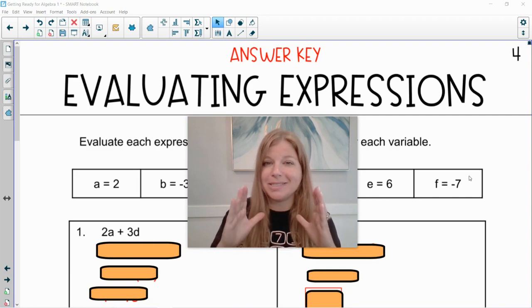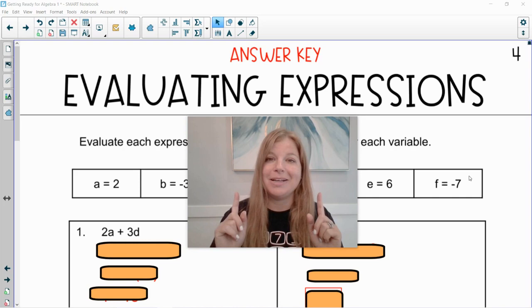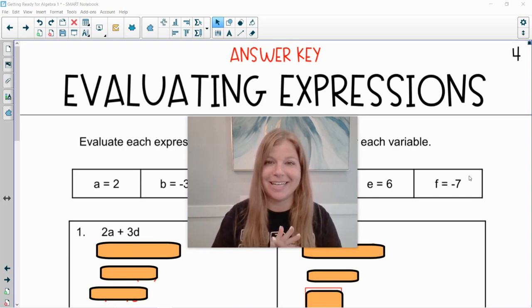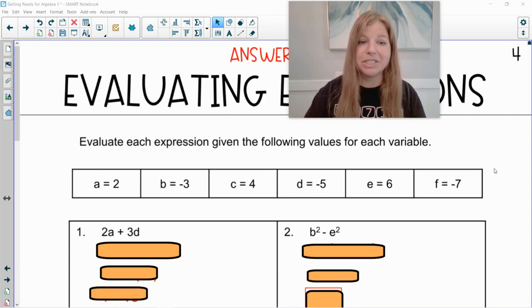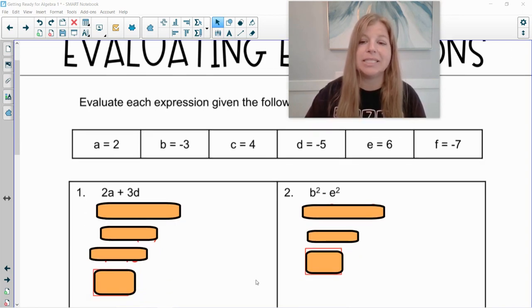We always want to put parentheses around any negative numbers when we're plugging in and evaluating an expression. That's got to be the most important part, probably, of this whole lesson here today. Let's take a look. Okay, so the directions say evaluate each expression given the following values for each variable. So here I have a equals 2, b equals -3, c equals 4, d equals -5, e equals 7, and f equals -7. So what I need to do carefully is I need to substitute these values into these expressions,